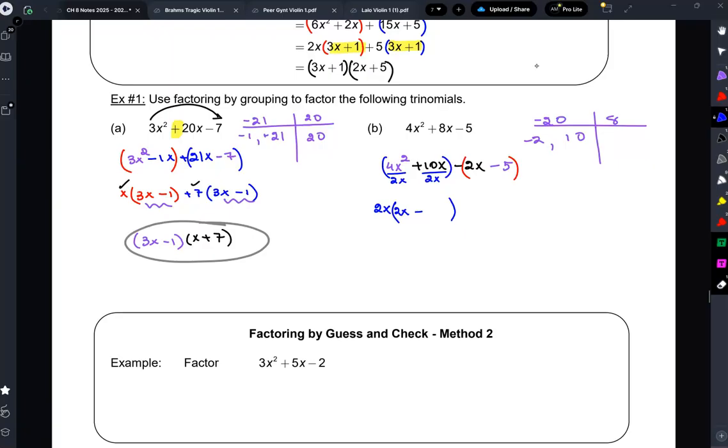4 divided by 2 is 2. X squared divided by x is x. Now, 10 over 2 is 5. The x's go away. Okay, but this is a plus, right? So let's see. 4 divided by 2 is 2. X squared over x is x. 10 over 2 is 5, and the x's go away. Now here, I have,